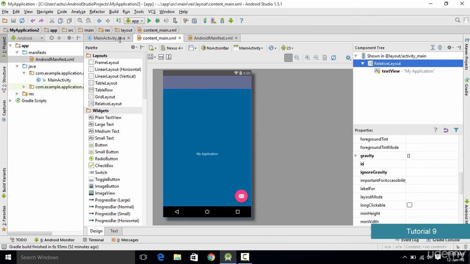Hello and welcome to this tutorial, and in this tutorial we'll be learning about the different states of your Android activity. Now in the previous tutorial we have gone through the basic overview of activity, in which we studied how you could just change the user interface of your activity. And we have also studied the two ways in which you could change the user interface.